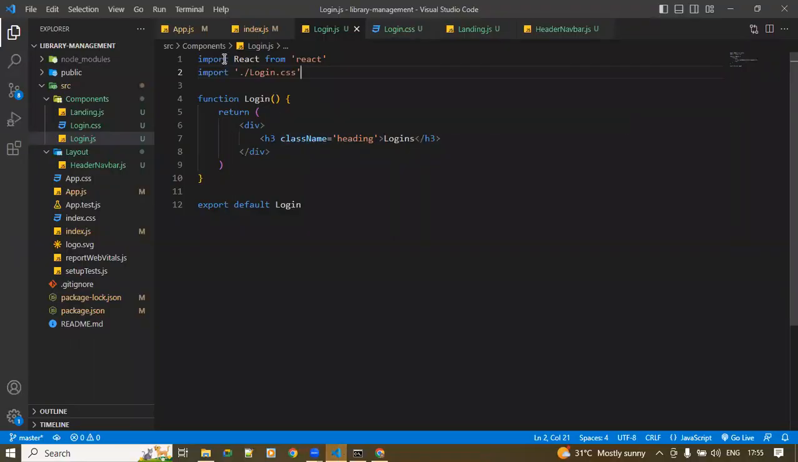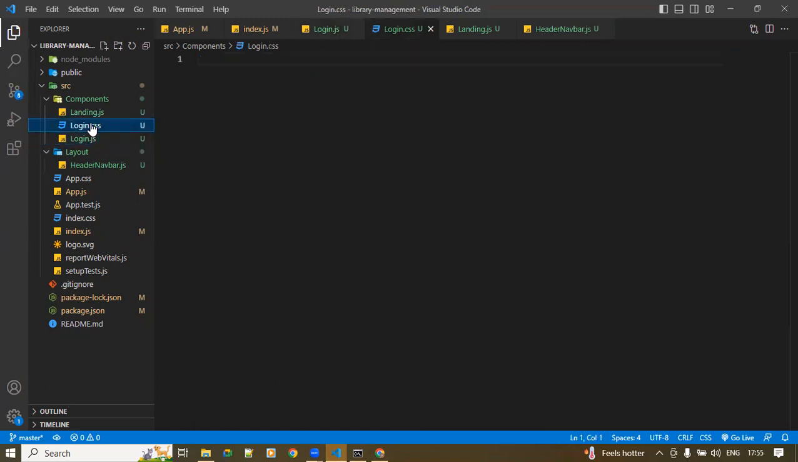For adding a login form or component, what we did is we created a login component, and in that login component, we have created it with a class name, I mean, by mentioning a class name called heading, and also we have given the title as login. And here, to add more definition for heading, I'll go ahead and make it a .heading